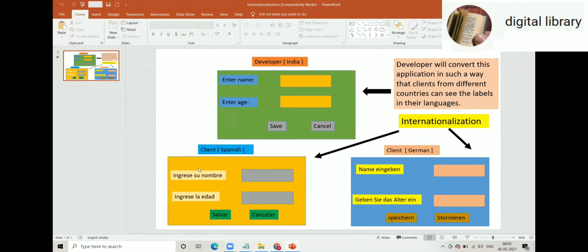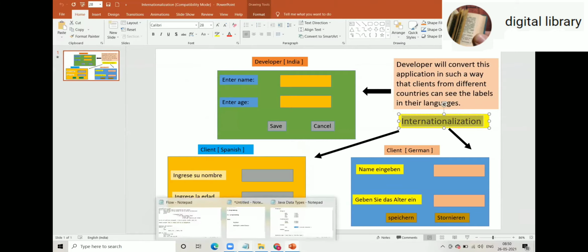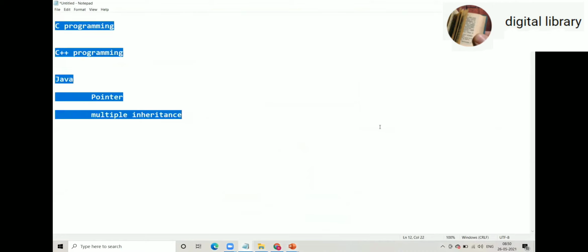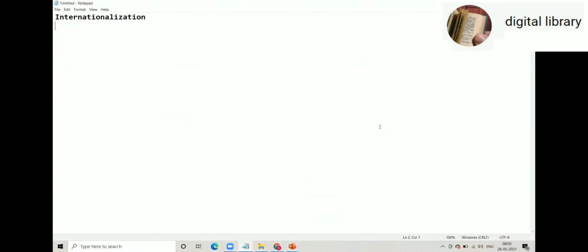Now let me tell you one interesting point about this word, internationalization. This is a feature of Java. It is also known as I18N. Why is internationalization also called I18N?